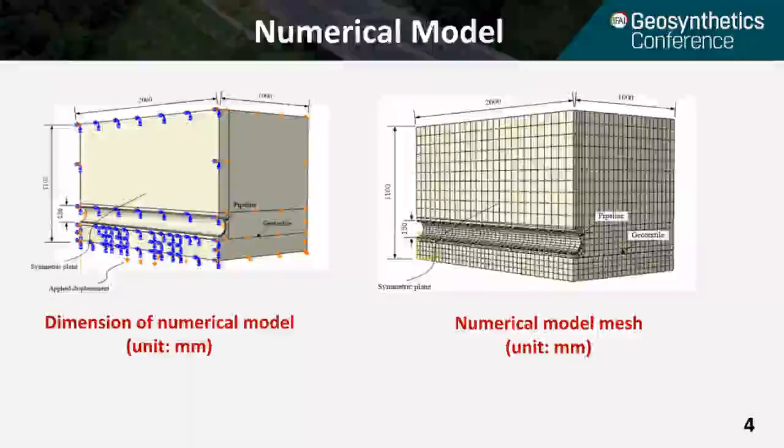And then you may ask why we use this kind of size. The width of the box is 2,000 millimeters, or 2 meters, and the other side is also 2 meters, so half is 1 meter. We have a depth of 1.1 meters and a diameter of 15 centimeters. Why do we use these dimensions? Because we did physical modeling. We use the numerical model to simulate the physical model tests we did in the laboratory. That's the reason we use these dimensions.